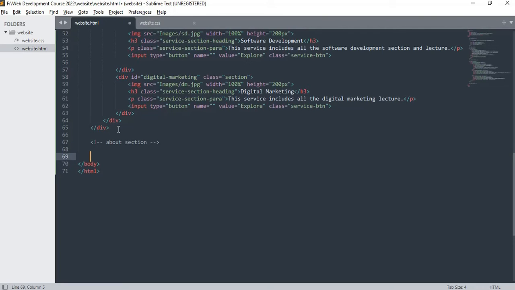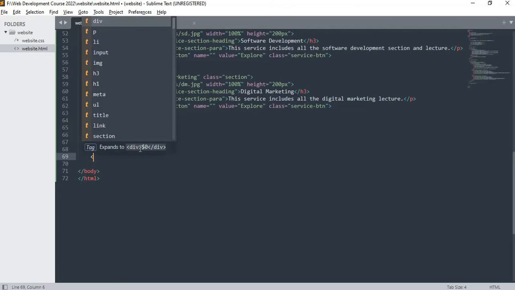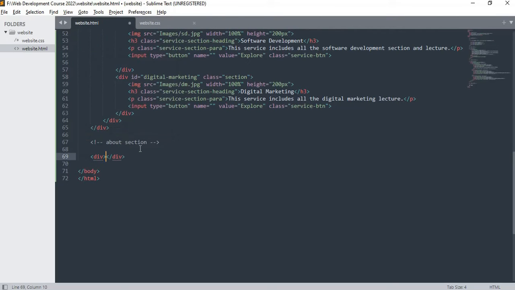So I write here div. So in about section I write here a simple one. So first I write here div. Div is used for section, that is easy to understand. So if I write here class and about